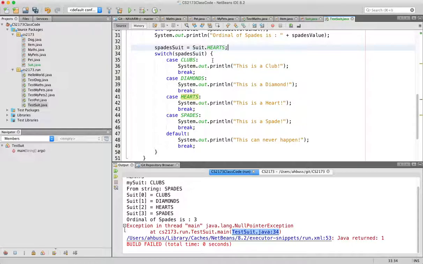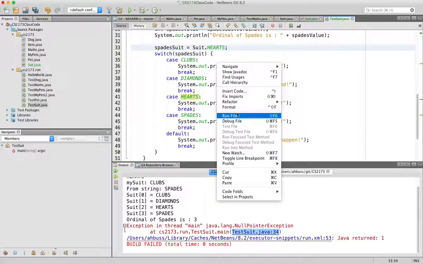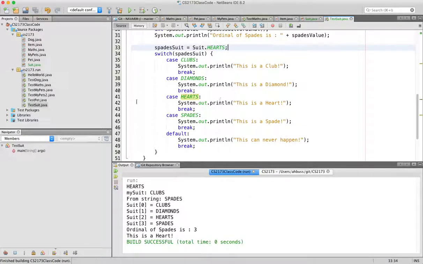Again, Java, like all programming languages, is really stupid, because it does exactly what you tell it to and not what you want it to. So here I'm telling it that a variable called spade suit is actually a heart. And now if I do the switch on it, I'll say this is a heart, and then this is really not a terribly good idea, because